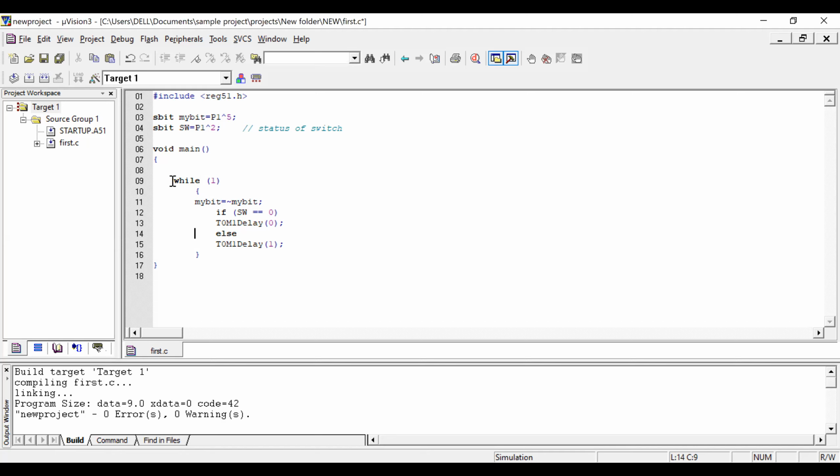Now I need to generate a frequency continuously, so I put my timer program inside the while loop. That is the delay period, 1 millisecond positive half cycle, and it continues on and off like that, positive half cycle, negative half cycle, because the port pin P1.5 is the pin particularly for generating the frequency.